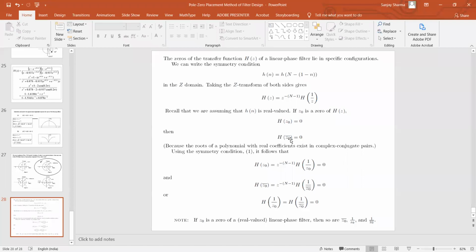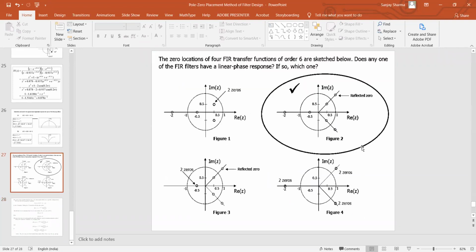Complex conjugate, because the roots of a polynomial with real coefficients exist in complex conjugate pairs. So all these things, under the symmetry condition, it follows that if Z0 is a zero of a linear phase system, then so are Z0 bar, 1 over Z0 bar, and 1 over Z0. The point that I'm trying to make is, I hope visually also